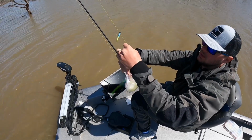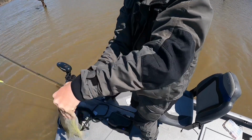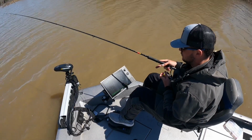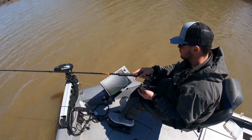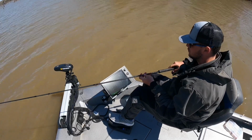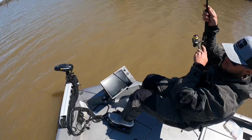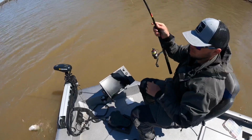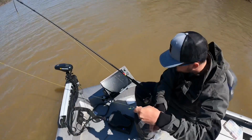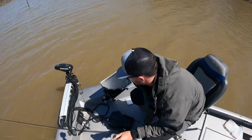Well guys, we're getting close to the end. The old limit. Pretty non-stop action here. This one as well. Oh yeah. Same spot on this bank here. They are